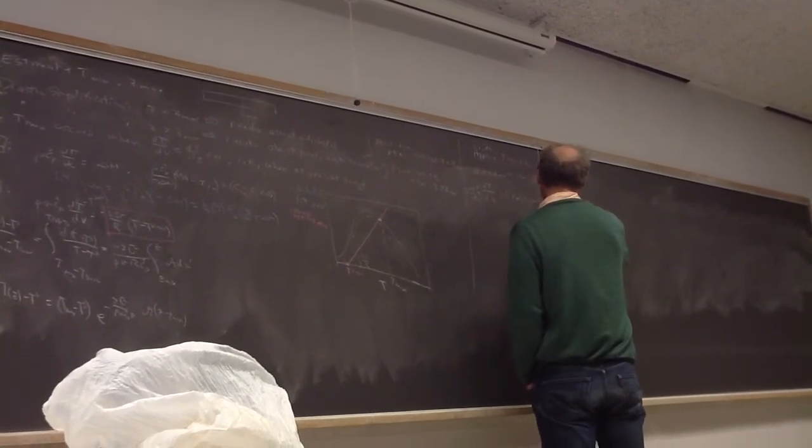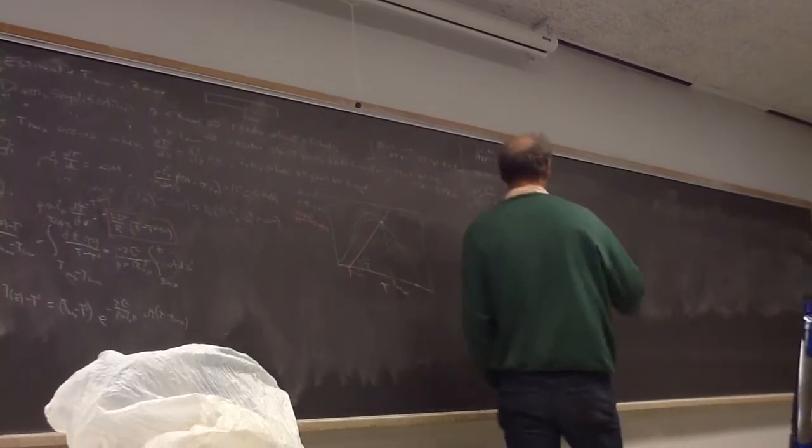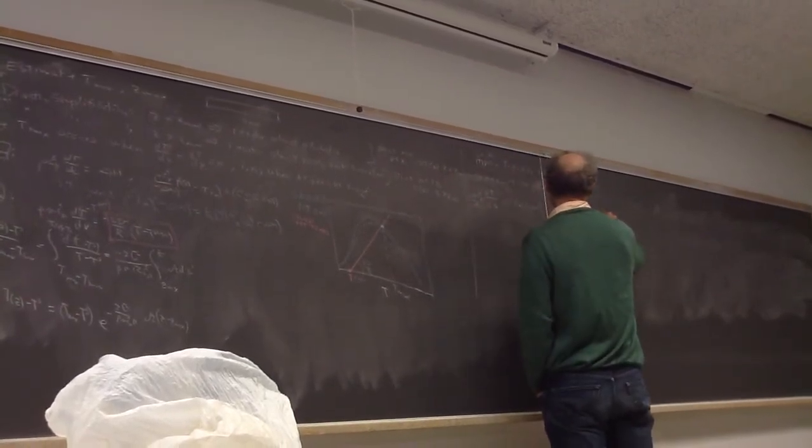And now I've got K, minus RA is K of T times F2 of C,